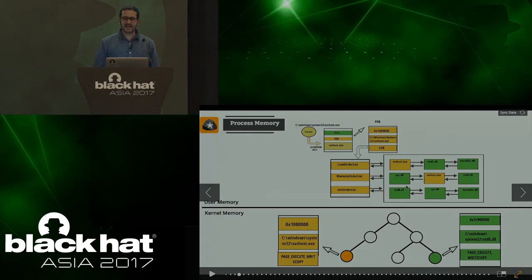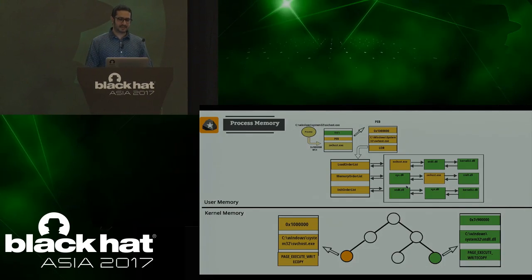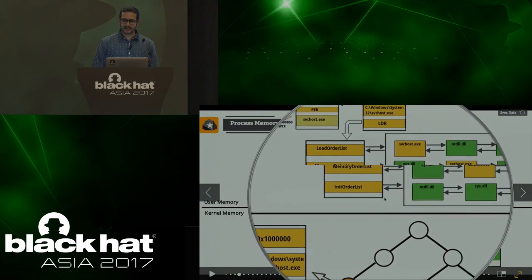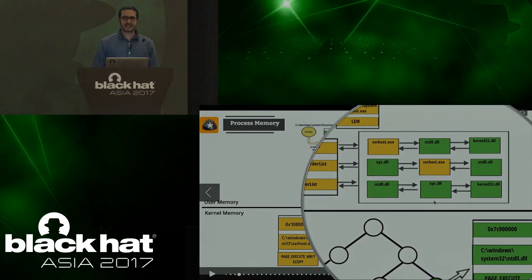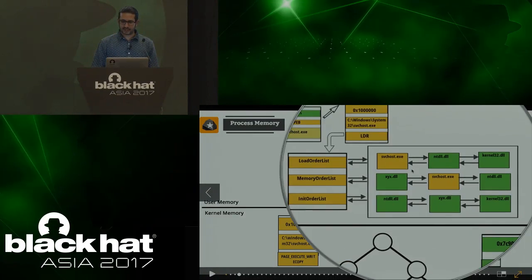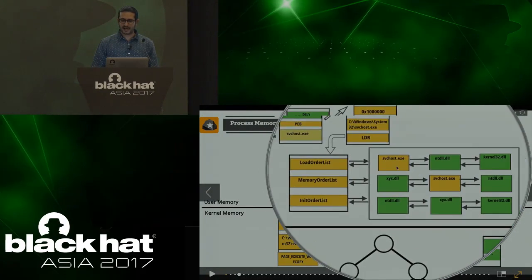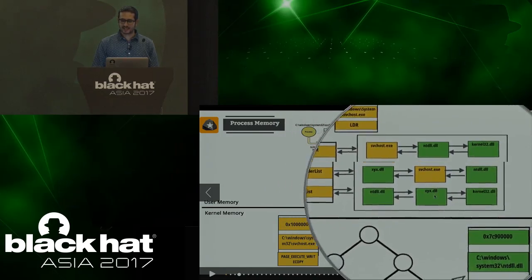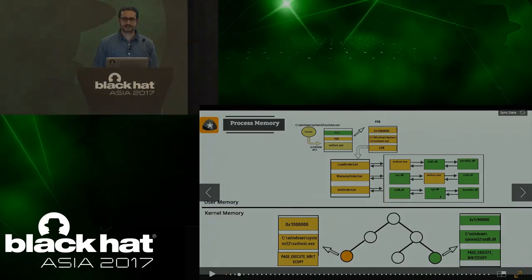All three lists should contain the same information, except the init order module list, because there is nothing called initialization for an executable. The executable will not be present in this list. For example, you see svchost.exe related data is present in this list and this list, but not in this list. So this is about the user process memory.